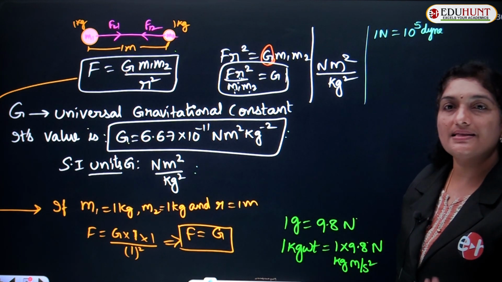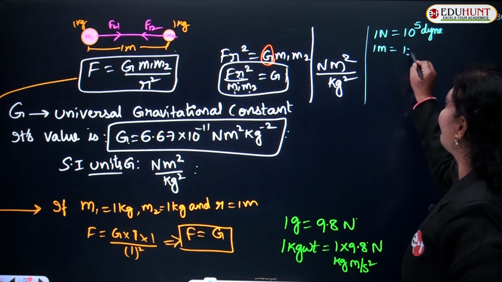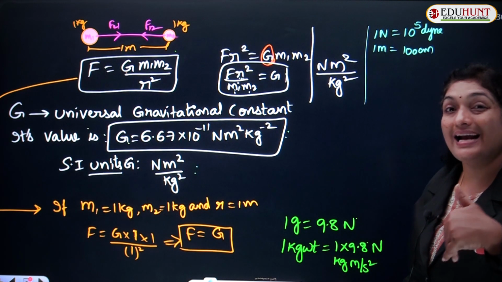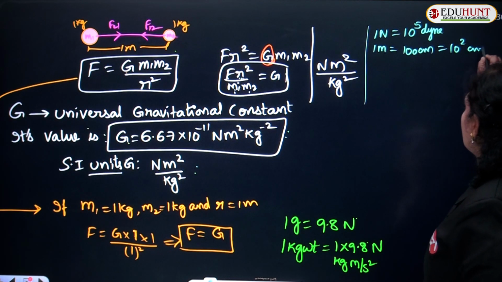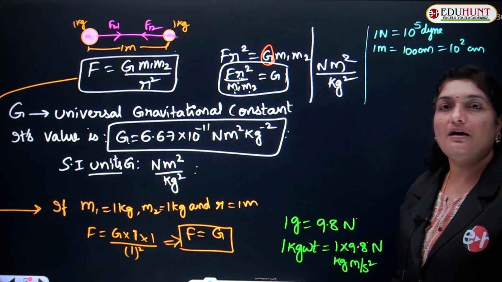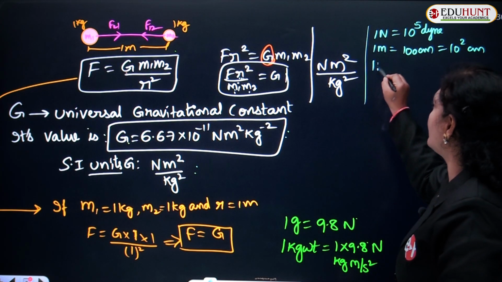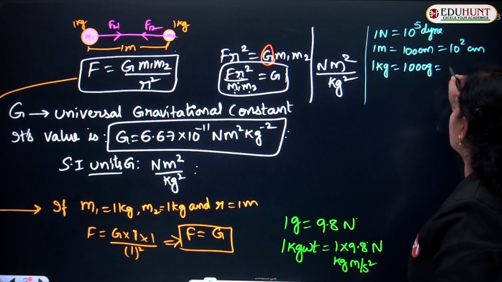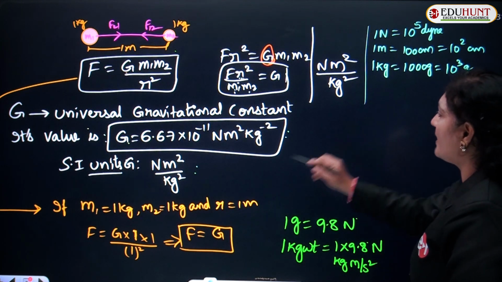Meter in CGS system is measured in centimeters. So 1 meter is 100 centimeters. So this implies 1 meter square is 100 square centimeters, so this is 10 square centimeters. Similarly, kg. In SI system, mass is measured in kg. In CGS system, it is measured in gram. So 1 kg equals 1000 gram. It can also be written as 10 power 3 grams. Hence, the value of